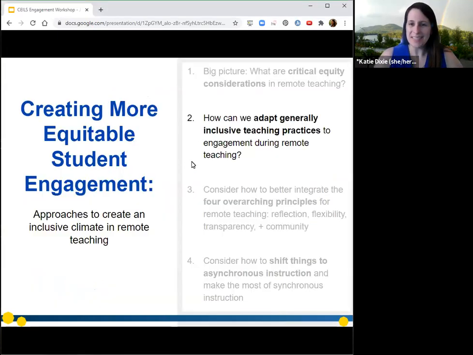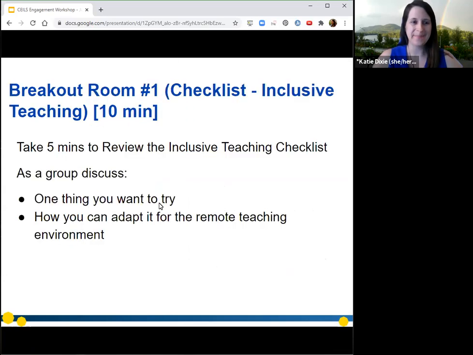So we're going to go into our next part here, and we're going to think about how we can adapt some inclusive teaching practices to a remote environment. These are inclusive practices to get students engaged in class, and how we can frame that in this particular environment. We're going to do a little breakout room where we have a smaller group discussion. And right now I'm going to share a link to